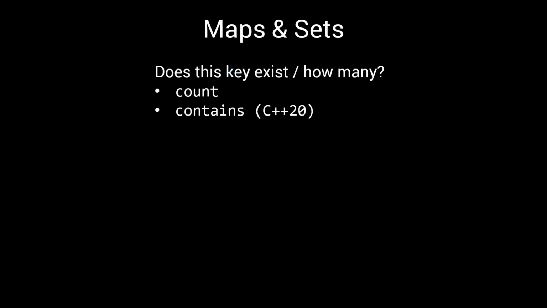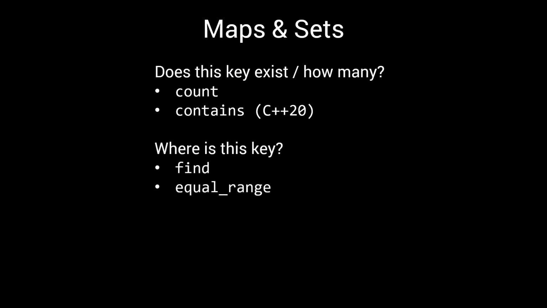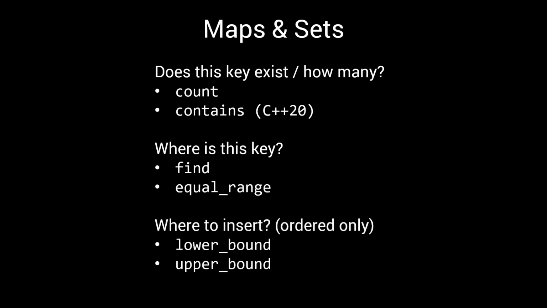To summarize, count and contains can be used to check if an element exists, and if so, how many. Find can be used to find a single element, while equal range can be used to find all the matching elements. For ordered containers, there are the lower bound and upper bound functions, which return an iterator to the first element not less than, and the first element greater than the matching element respectively. As these functions have been optimized for their container, they are often a bit faster than the equally named functions